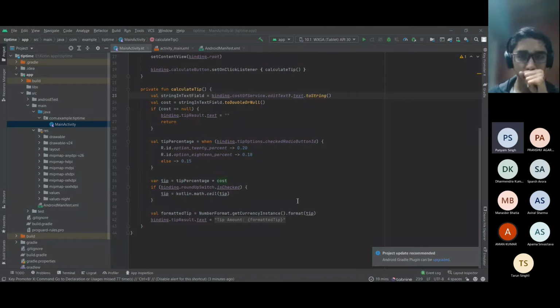Okay, you don't have to exactly worry about this context dot resources or get string. It'll be explained in your course, with more specifics. But what it basically means is that we have defined this in our resources file. Just get it from there. Okay, so that's what happens in our on bind view holder.